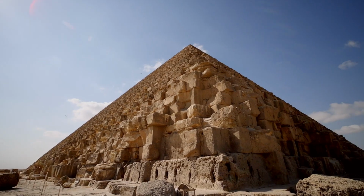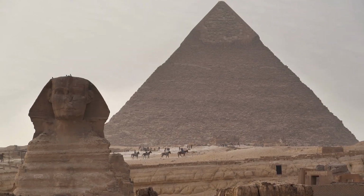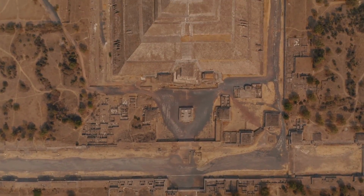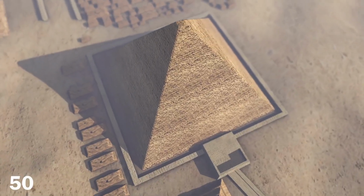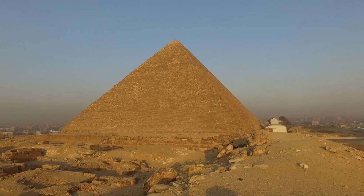Yet none of them have shifted from their places. The tallest and largest pyramid is called the Great Pyramid of Giza, and the base area of this pyramid is 13 acres, which astonishingly can accommodate not just one or two, but a total of 9 football fields. An estimate suggests that a total of 2.3 million large stones were used in this pyramid, some weighing as much as 50 tons. If we estimate its total weight, this pyramid weighs 6 million tons, equivalent to the weight of